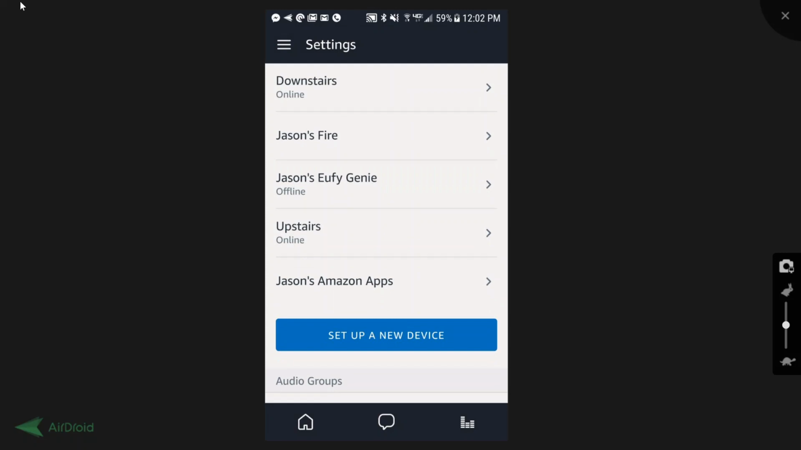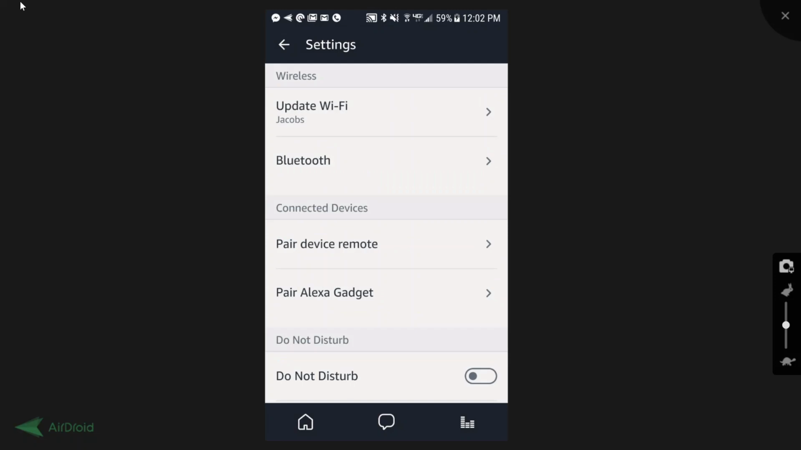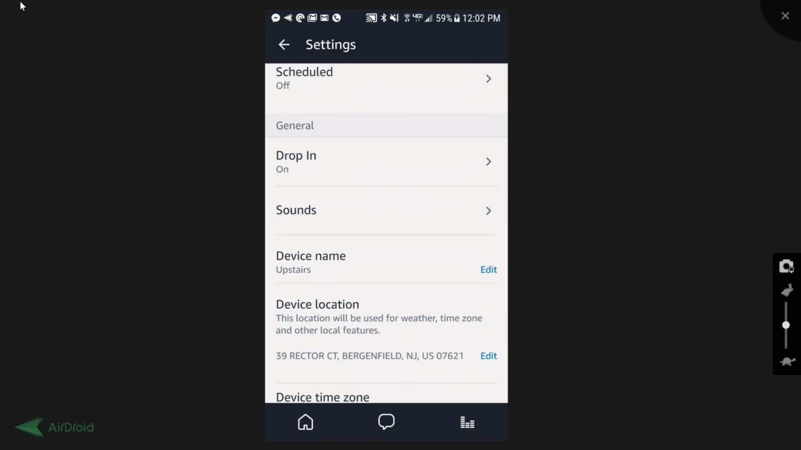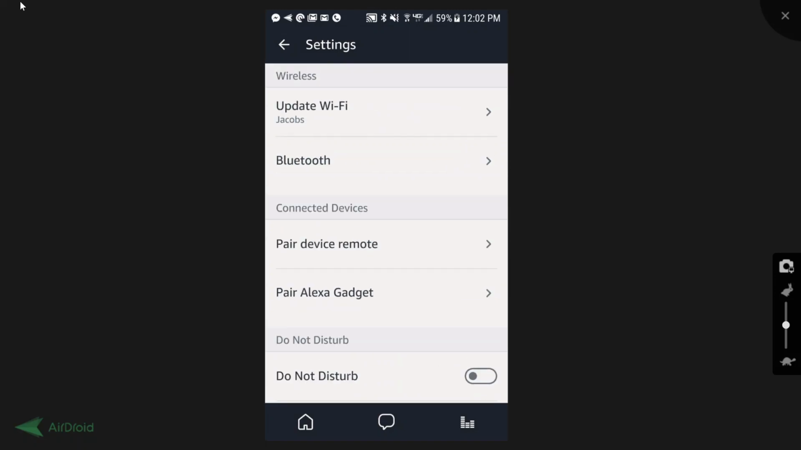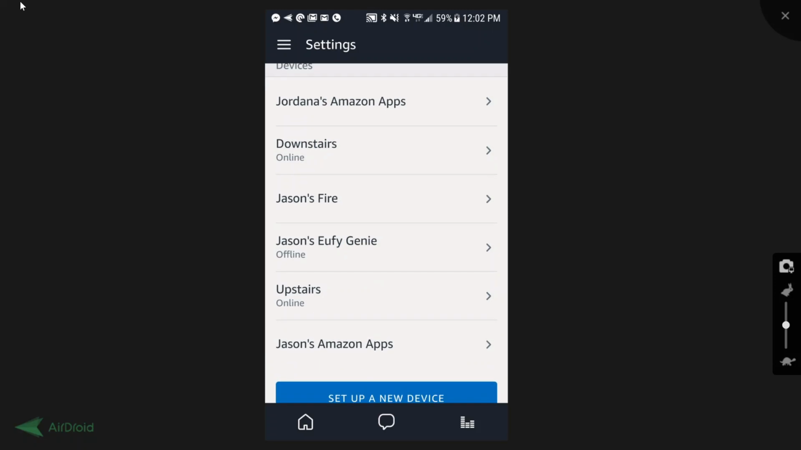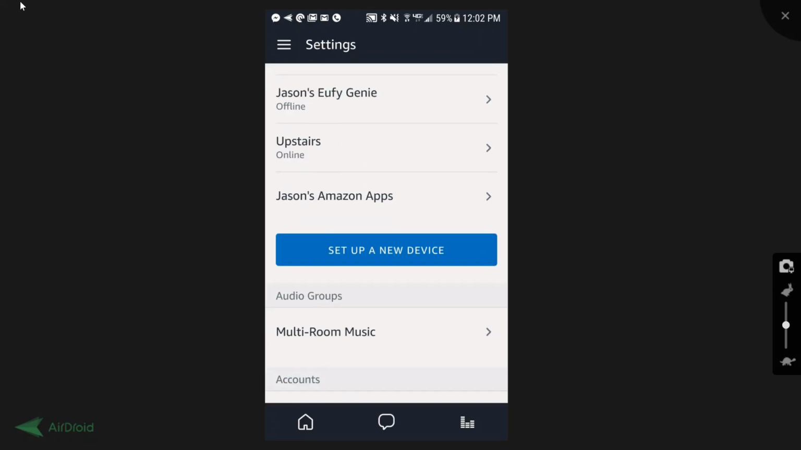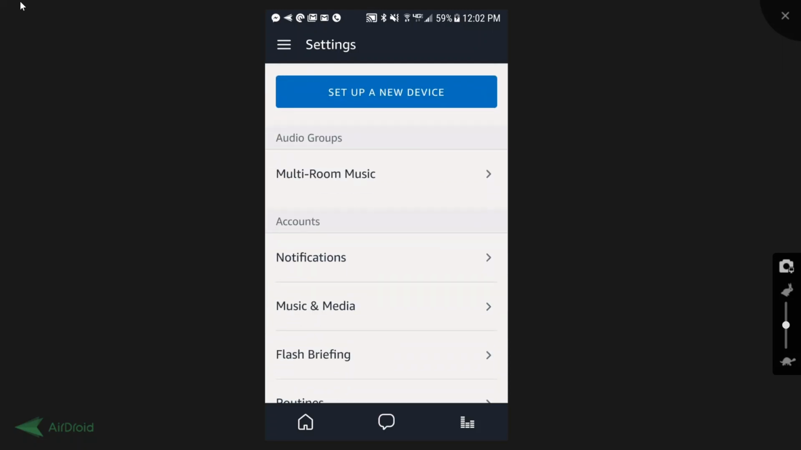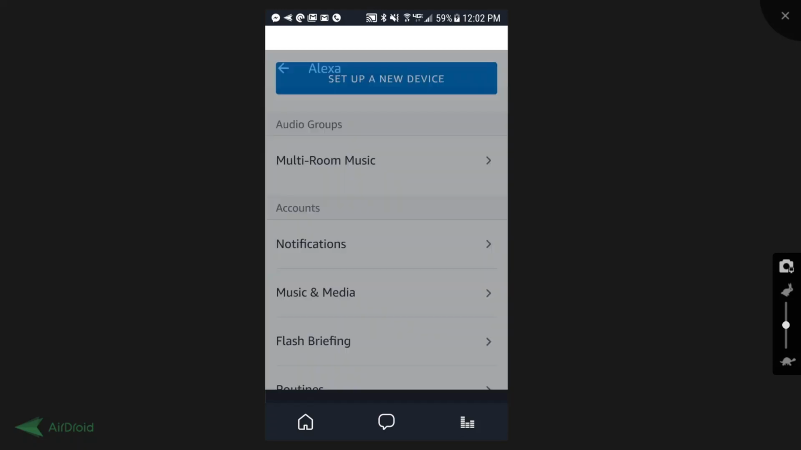If I click on either, let's say I click on the upstairs one, it gives me the option to rename it. I can scroll down and you see where it says device name. I can click edit and give it a new name. I'm going to go back for a second. Below this screen, underneath settings where you see all your devices, if you scroll down, you have the option of setting up a new device, a big blue button, and below that blue button is an option for multi-room music. If you click on that,